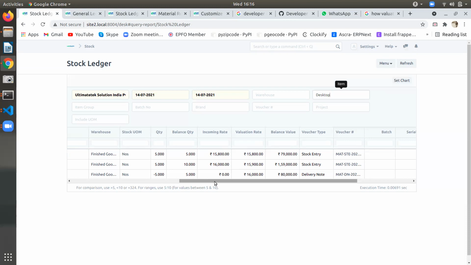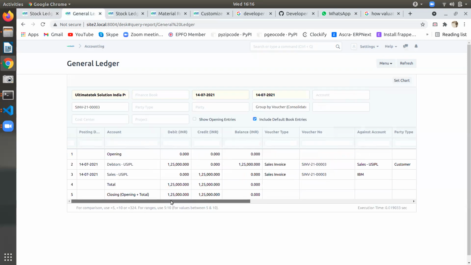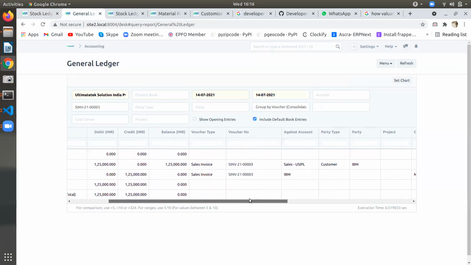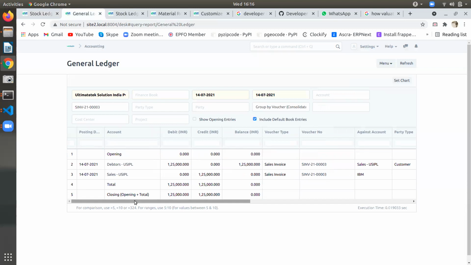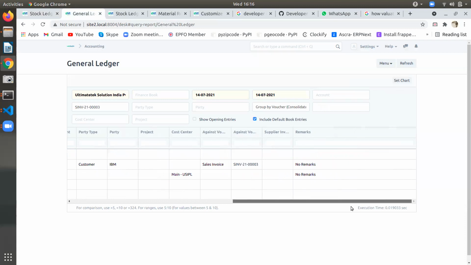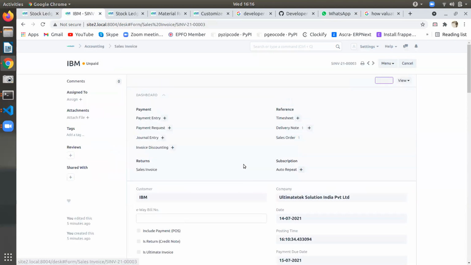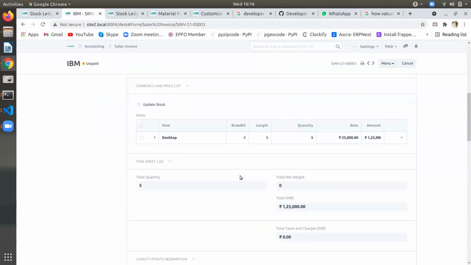Can you please show the sales invoice of how much quantity? 5 and 5. Here we have put 25,000 per unit. So that means LIFO is taking the last one, the 16,000 rate, and that's why the valuation is showing 16,000.